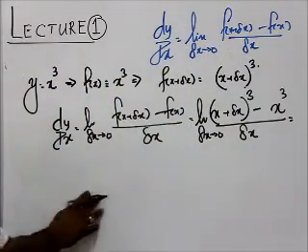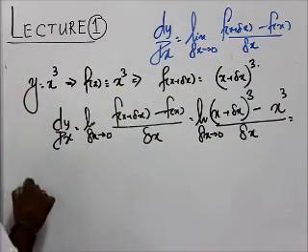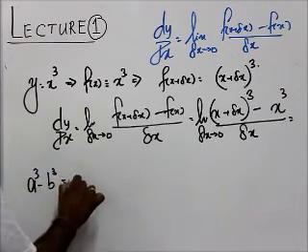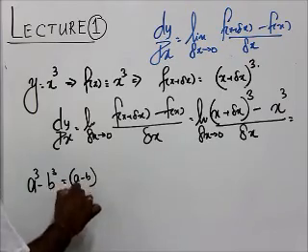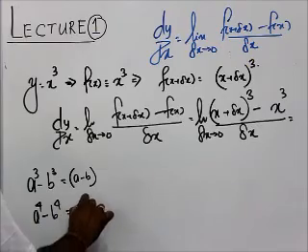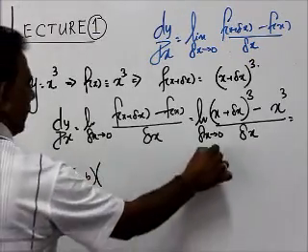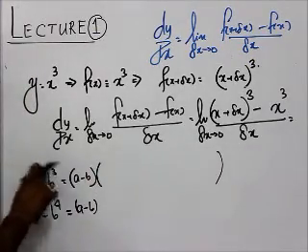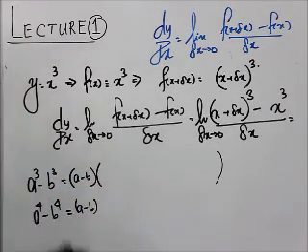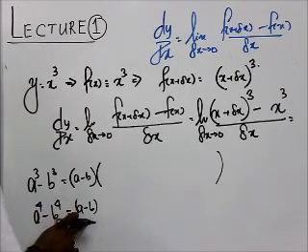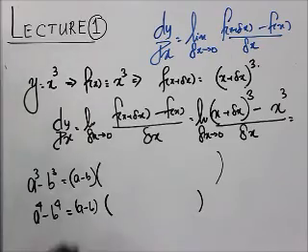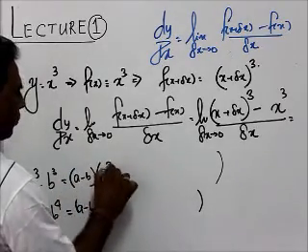We know the expansion of a cube minus b cube. So a cube minus b cube is equal to a minus b times the expansion. For a to the power 4 minus b to the power 4, we have to write first a minus b. Here, this is degree 3, this is degree 1, then we have to start from degree 2. This is degree 4, this is degree 1, then we have to start from degree 3. So for degree 2, you have to start with a squared.